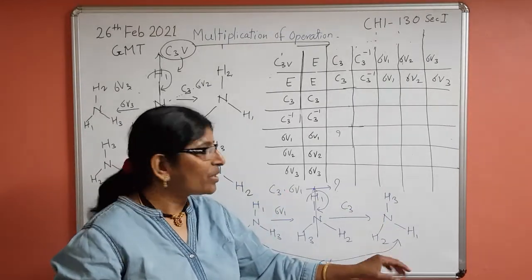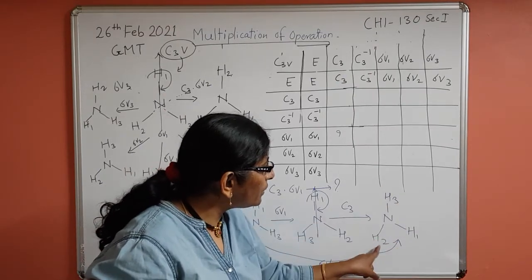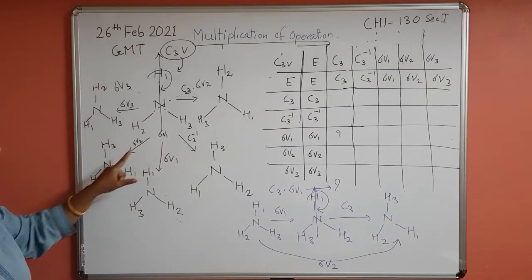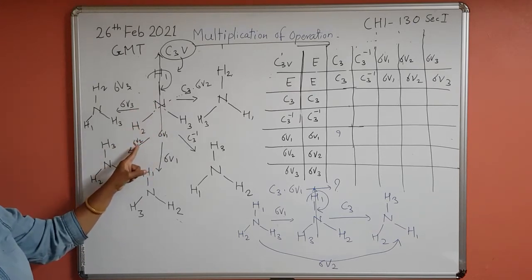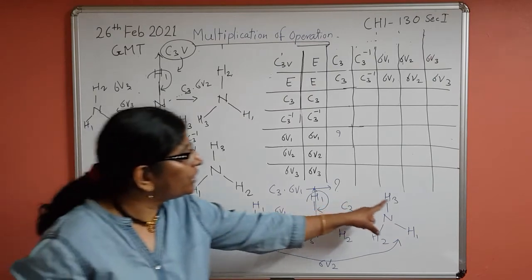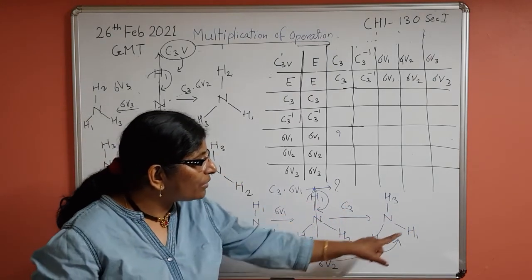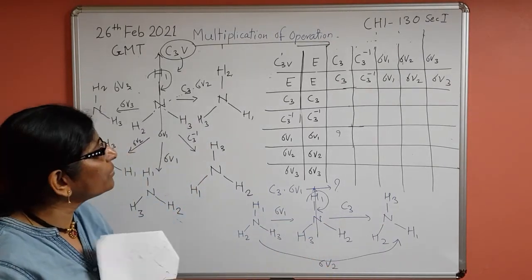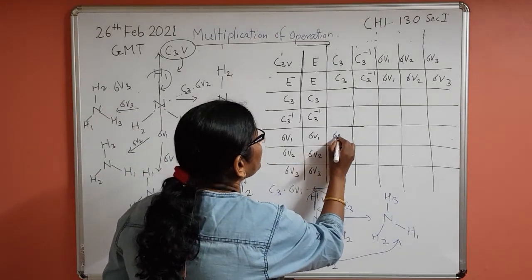Now what is next? How to get the answer? Now we have to check where we got this 3, 1 and 2 in the standard drawings. So it is here, sigma V2. When we perform sigma V2 on this initial molecule, if you look here, we'll get this answer, 3, 1, 2. That means on the initial molecule, if I perform sigma V2, I will get this. And this is nothing but our answer. So we have to write sigma V2 at the place of this question mark. Okay, here it will come, sigma V2.